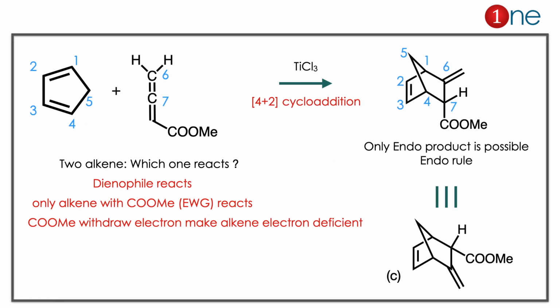The starting material you have cyclopentadiene and you have alkene there, but 2 alkenes are there. There may be the possibility of cycloaddition, which is 4 plus 2 cycloaddition, because you are catalyzing with titanium tetrachloride. Mostly it is a Lewis acid, it conducts same like heat there. So it is a cycloaddition reaction. But which alkene will react? Normally the dienophile reacts there. So alkene with COMe. COMe withdraws the electron and makes it very electron deficient. So the alkene attached with COMe reacts there.